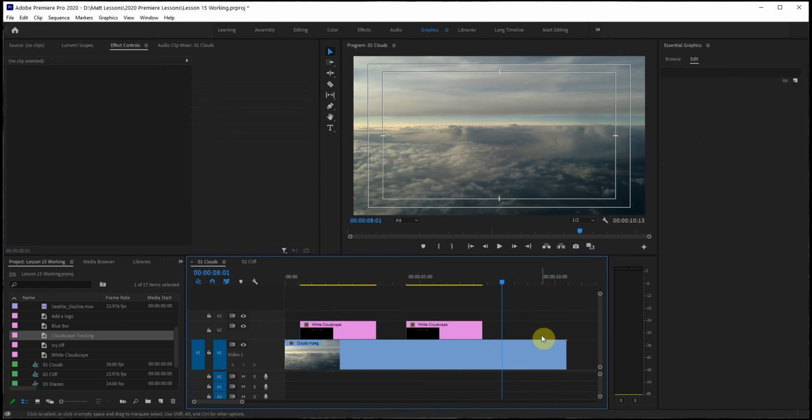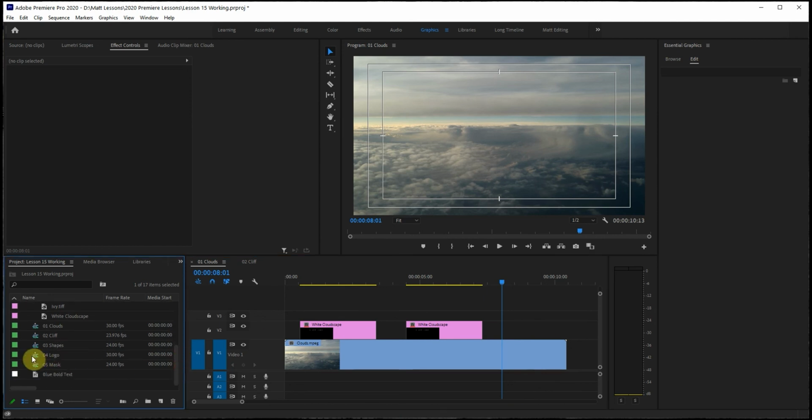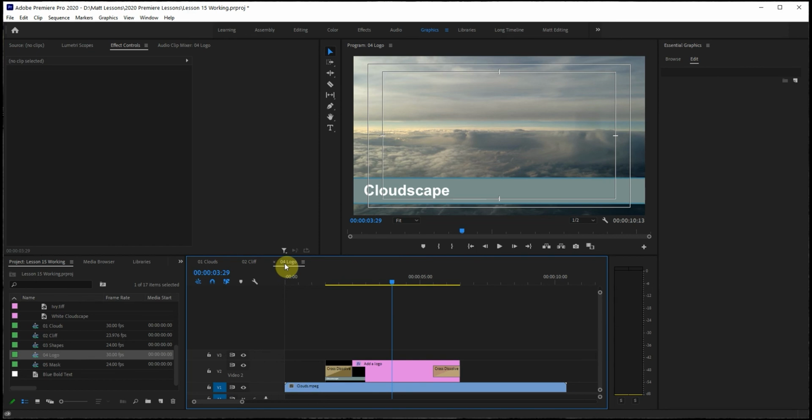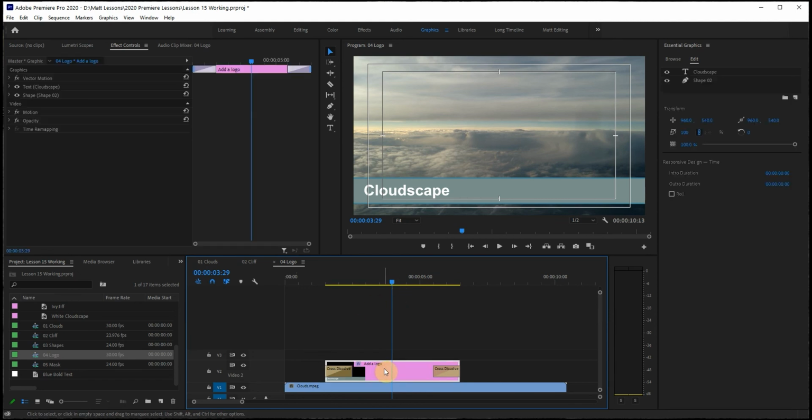Switching gears, we're going to add a graphic to a graphic clip in the form of a logo. For this one, go ahead and open up sequence 4 logo. So 04, double click, and I have this sequence open. I'm going to hit backslash so I can see the sequence better. From here, make sure that your add a logo graphic clip is highlighted in your sequence, and then up on your Essential Graphics panel,